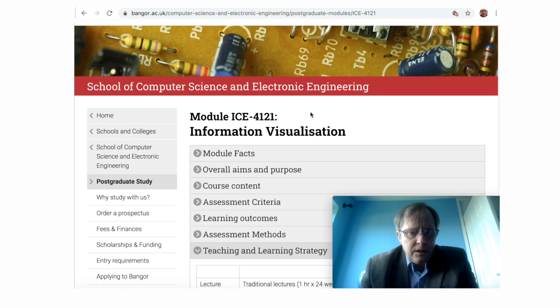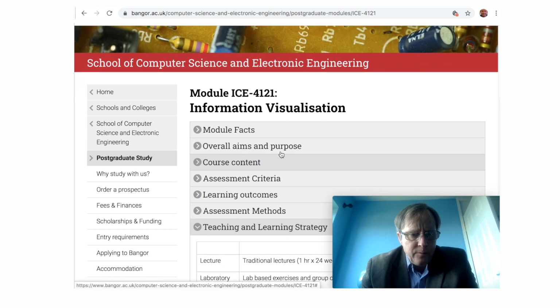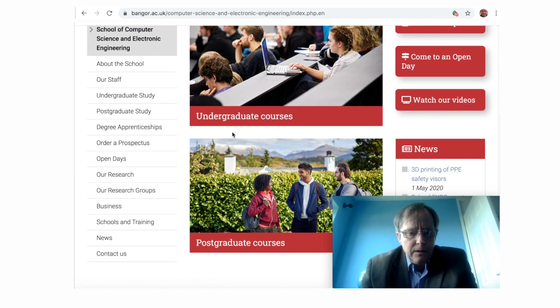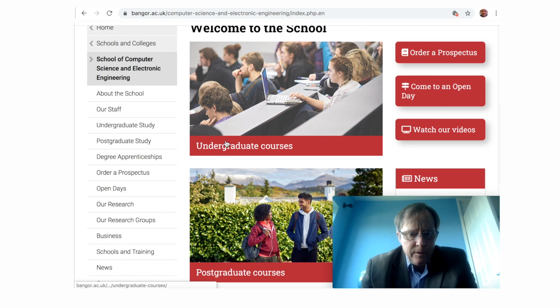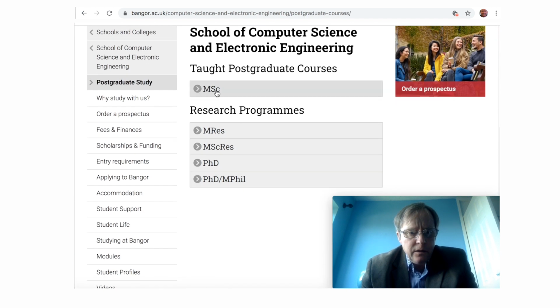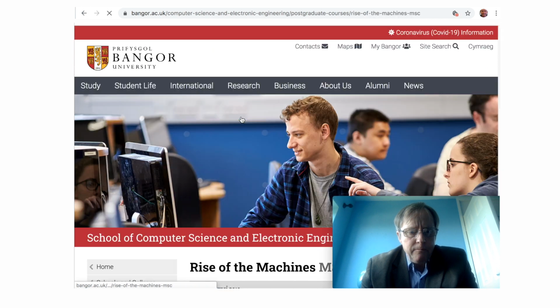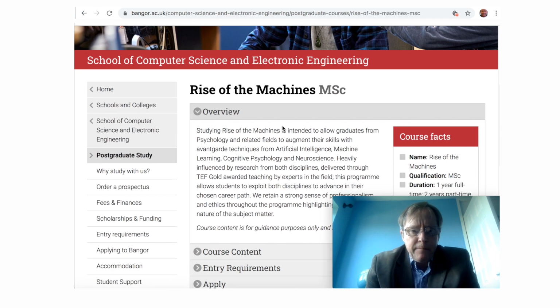So that's the Computing for Data Science program. And so the final program we're going to look at is the Rise of the Machines program. So again, we'll go to postgraduate courses, and so this very unique program